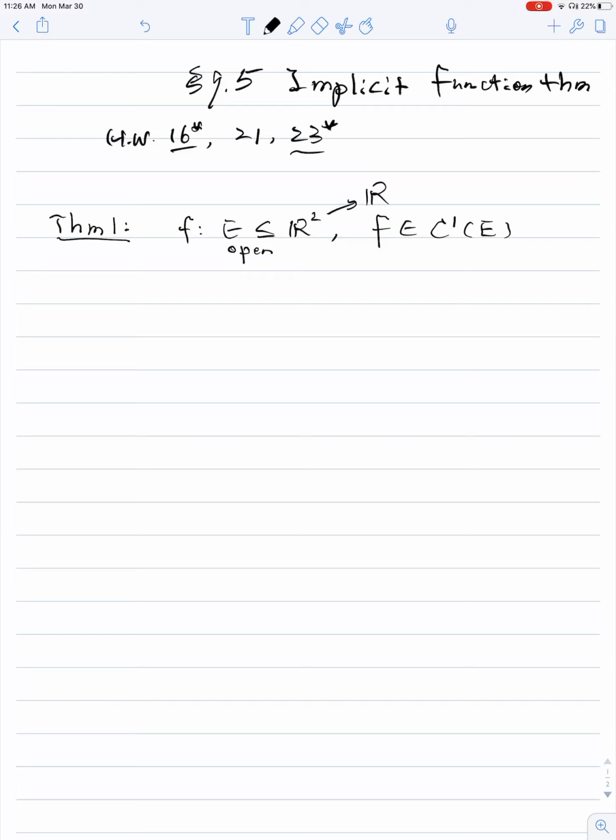And we assume that (a, b) is a point in E, and f at (a, b) is 0. And the partial derivative of f with respect to x at (a, b) is non-zero. Then the conclusion of the theorem is that